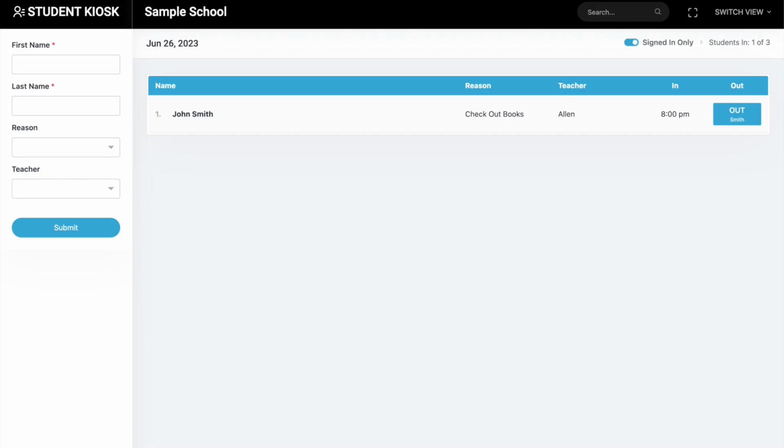The student kiosk is what students will see when they enter the library. This kiosk can be used on laptops, Chromebooks, desktops, or tablets and can be utilized in the full screen mode of your browser. When students enter, they will type their first name,